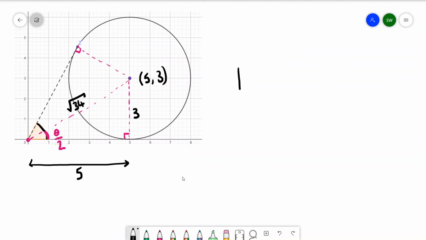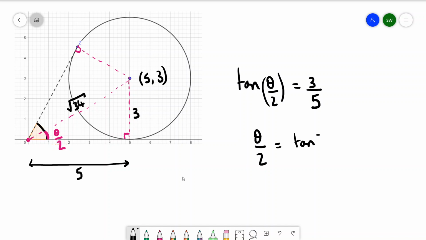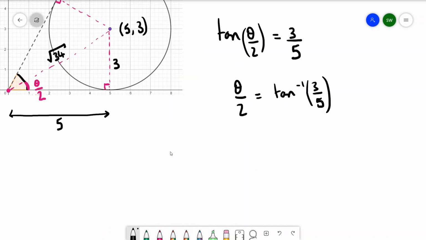So you can see that tan of theta over 2 is equal to opposite, which is 3, over the adjacent, which is 5. So we'll get that theta over 2 is equal to arctan of 3 over 5. So theta is equal to 2 lots of that. And we'll get that theta is equal to